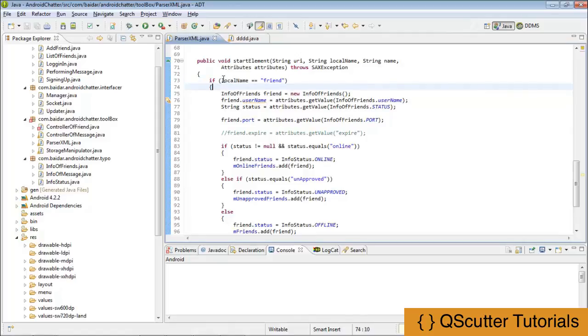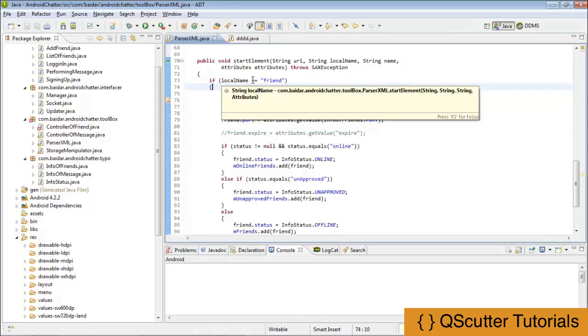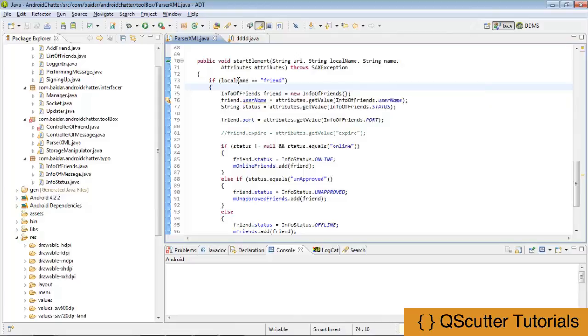So what does local name refer to? Local name is what we get when we are calling this method from other classes. So the local name means that friends is actually an array. What does it really mean? The local name could be demo1, demo2, or any name. For example, it could be my name, or your name, any name. So for example, if it is demo3, and if demo3 is